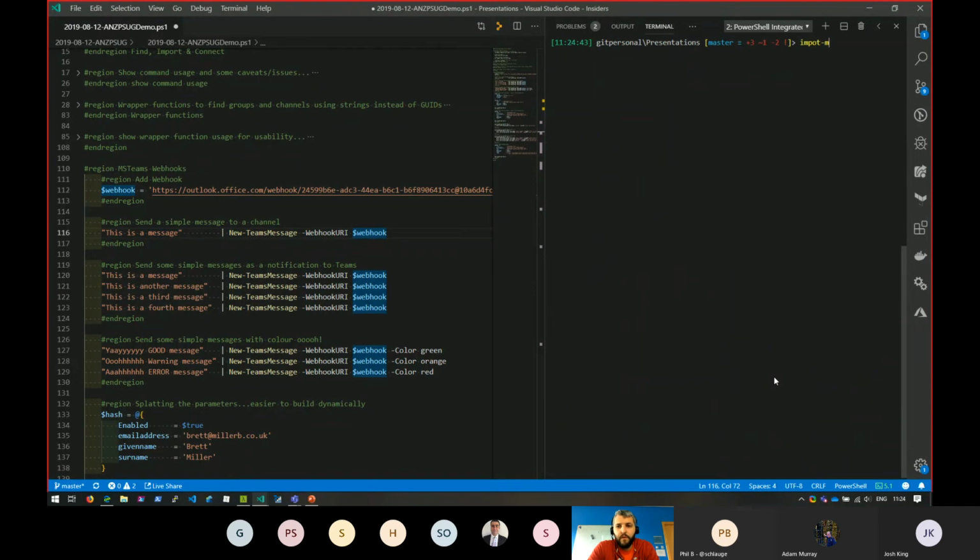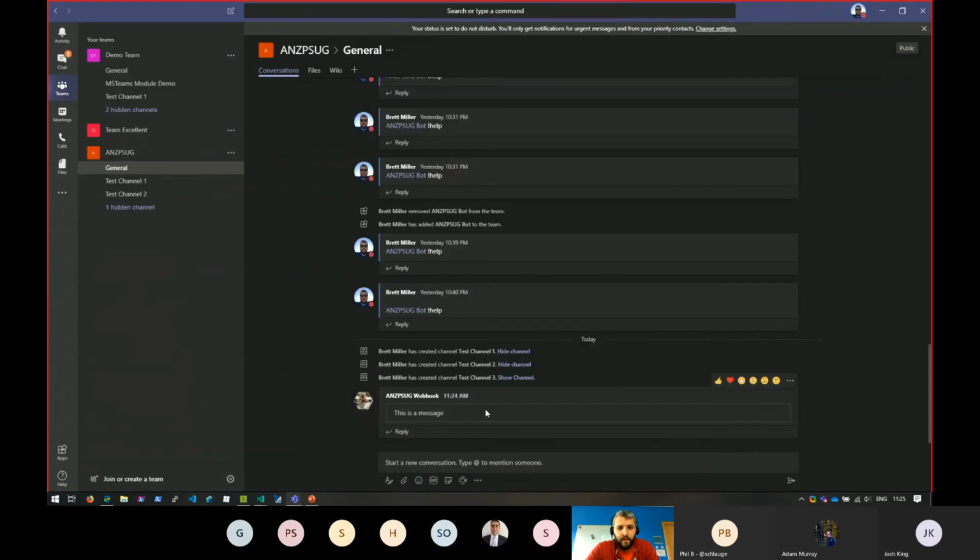If you import the module, it helps. You can see there that that's just pasted a plain message of this is a message.